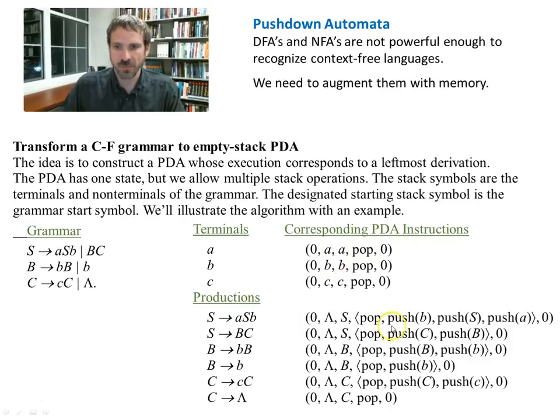Then the productions have this stuff here. This is in the angle brackets. This is a shorthand notation for denoting a sequence of stack instructions. So I start in state 0. I can have whatever comes in, and then S. These are all the start states, see? And then these are whatever the non-terminals are. And then over here, inside this bracket, you have the production. So pop, and then push B, push S, push A, B, S, A, because we go from right to left